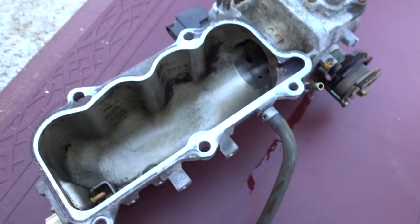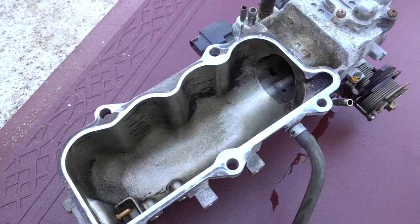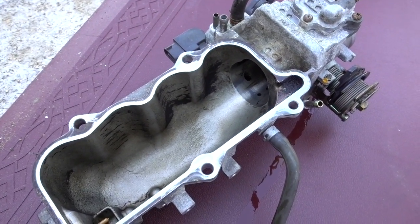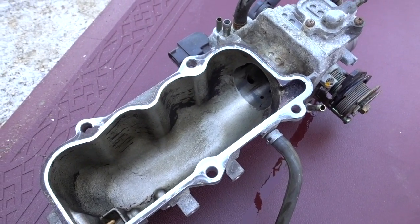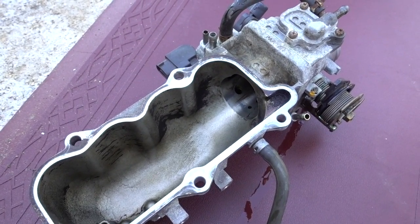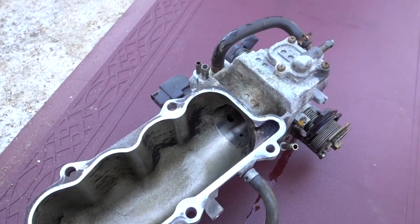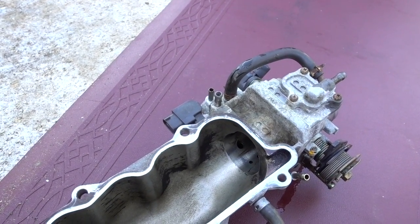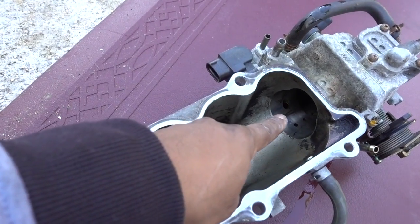So this is gonna solve your P0401 code, and sometimes you don't have the code. So I cleaned this one like I said, like 7 months ago, because the car was misfiring. And sometimes if you got that code, you're lucky, but if you don't have that code and your car still has a misfire after I replaced the spark plugs, cables, and all the electrical, I still had that misfire. So what I did, I removed my intake, cleaned everything right here,